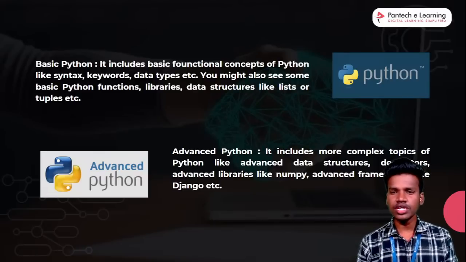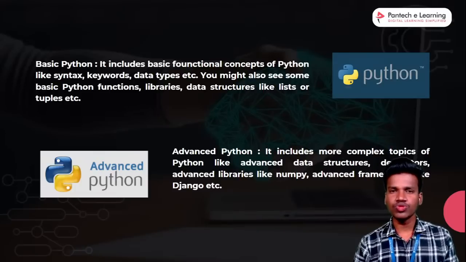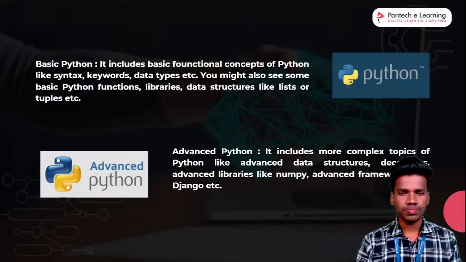Advanced Python includes more complex topics like data structures, decorators, generators, and Itertools. Some advanced libraries like NumPy and sklearn come under the advanced concepts. Frameworks like Django and Flask also come under advanced Python, right? So this is the thing.